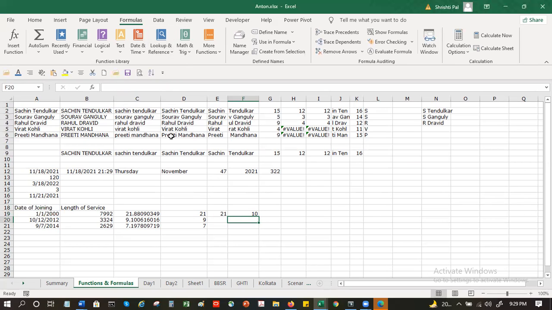Yes, 10 months. So 1st January, we said 1st January 2000. So 21 years completed on 1st January 21, then 10 months, that is till 31st of October, followed by the remaining days.